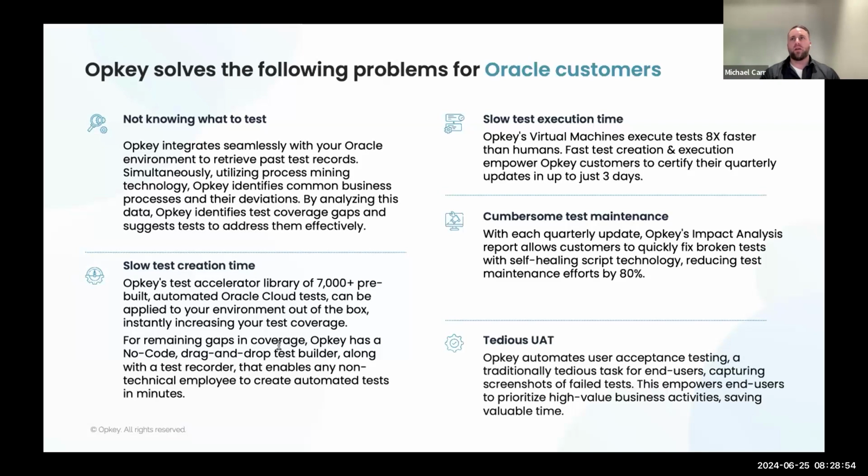Most of the time, I'd say our mined and suggested test cases can cover up towards 80%, sometimes 90%, of your environment. The remaining 10% or 20% will just need to be handled through the Oracle screen recorder and playback. VMs are another area where execution power comes into the mix. Each client is allocated what we call our Opkey VMs. When you combine the accelerators and the Opkey VMs, the overall result is faster test creation time and faster test execution time.